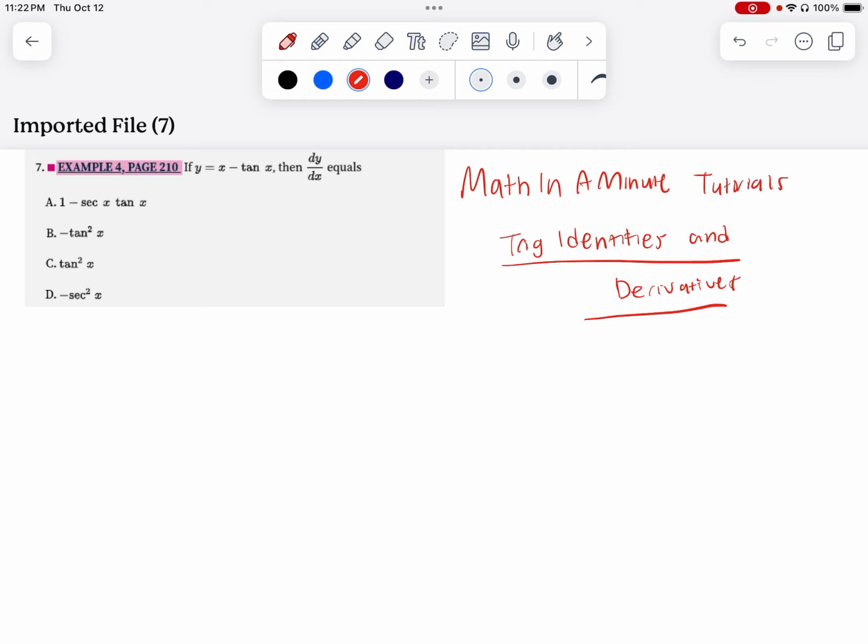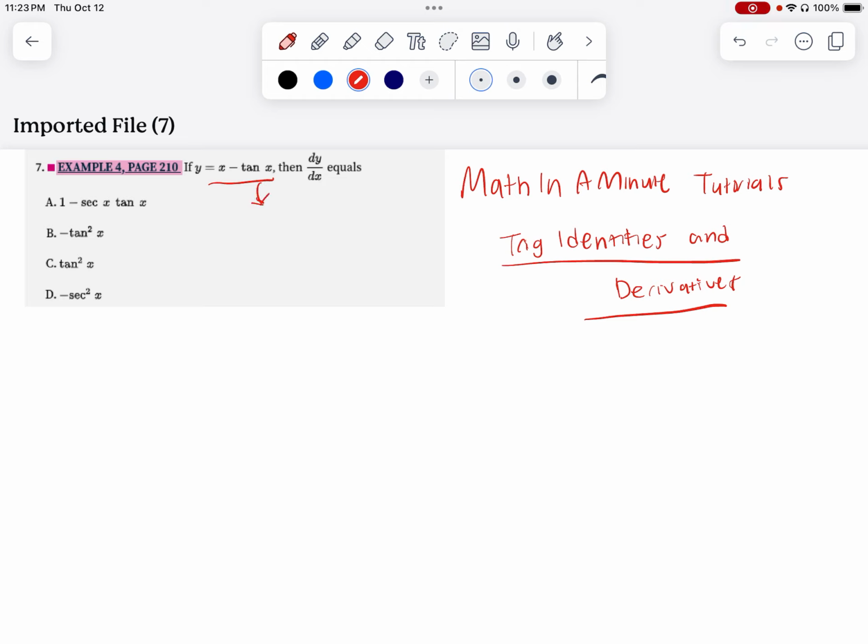If y equals x minus tangent of x, then the derivative of y, dy over dx, equals... So you want to take a look at what it's referring to first. Of course, it's referring to x minus tangent x, and obviously, if you know your trig derivatives, then you will know that